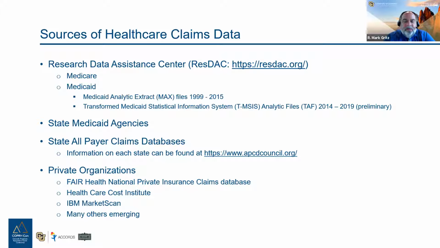Now, in reality, we should probably refer to these as almost all-payer claims databases, because not all payers are included in state APCDs. There was a Supreme Court decision several years ago that related to self-insured employer plans that are